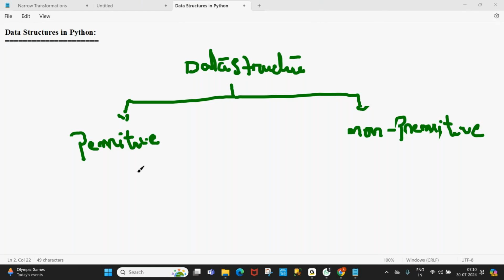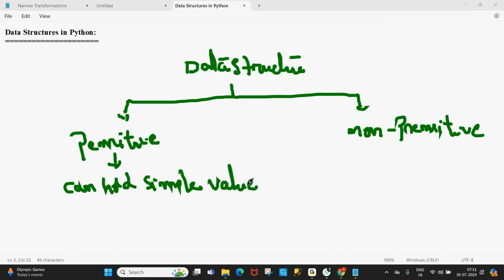Primitive data structures can hold simple values.